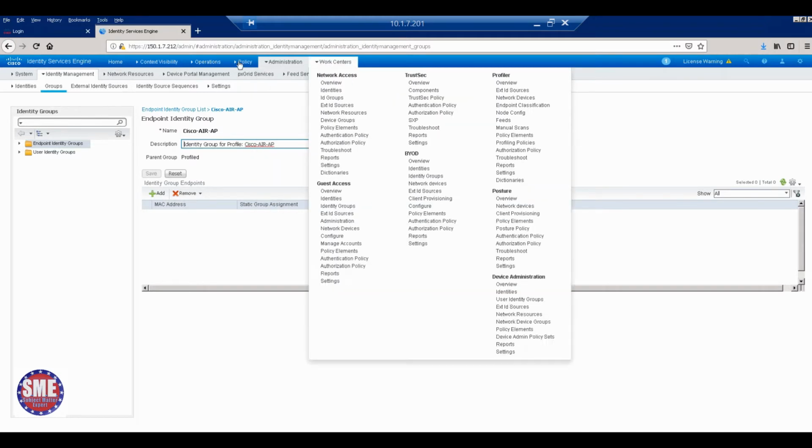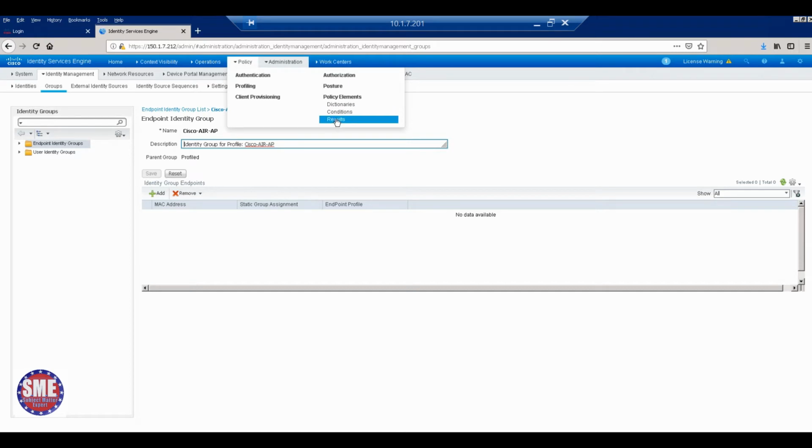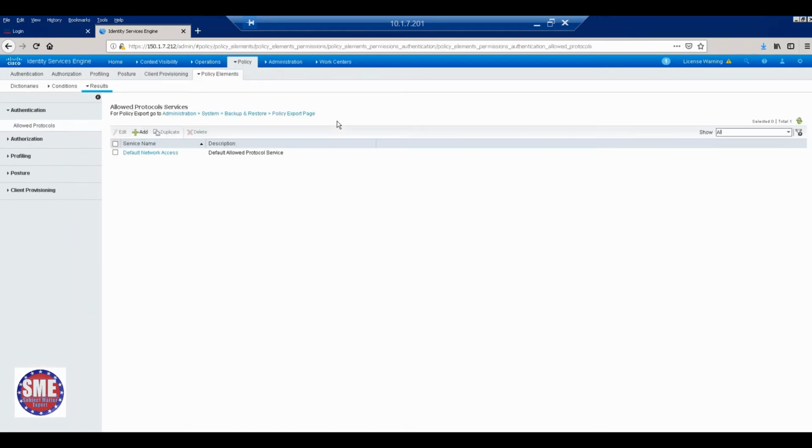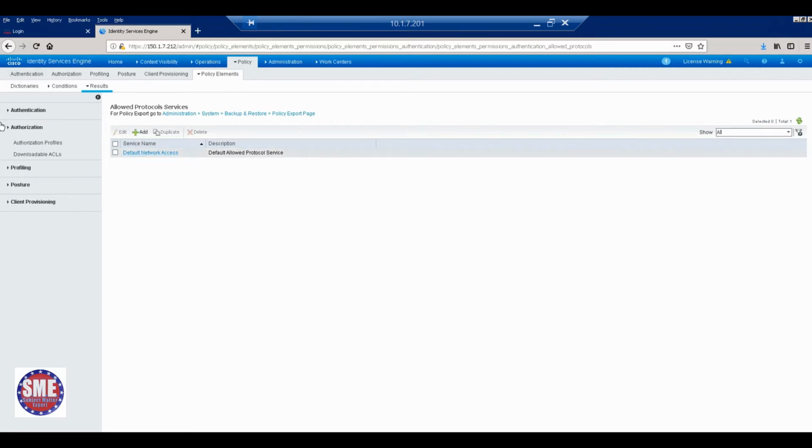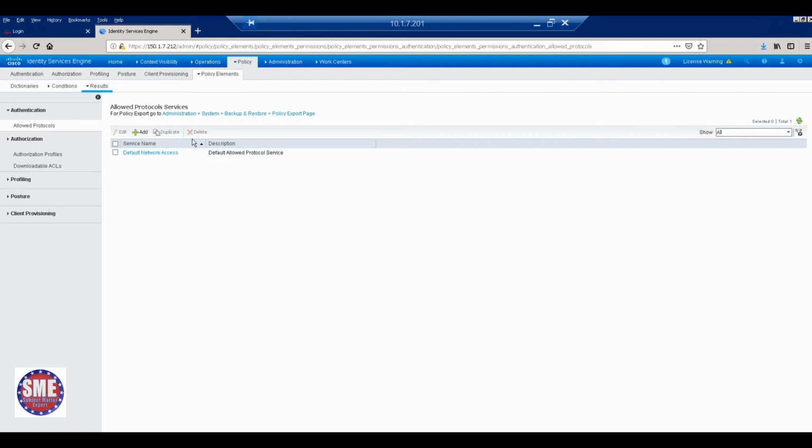Okay, now the last task is results, right? Create results. What do results mean? After the authentication, authorization policy, what should happen in authorization will be defined under the policy. So we are creating authorization results, not authentication results. For authentication, all the task is someone authenticated. There is only one task, we will call it authentication success, default network access.